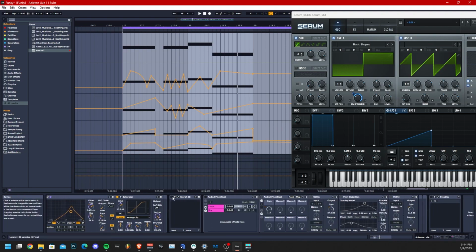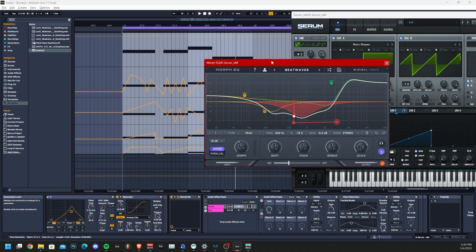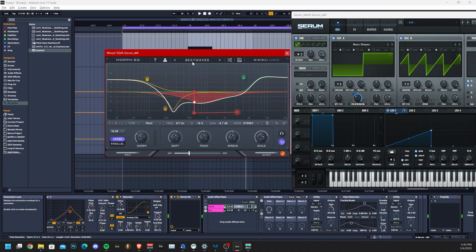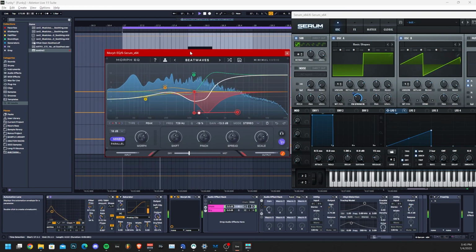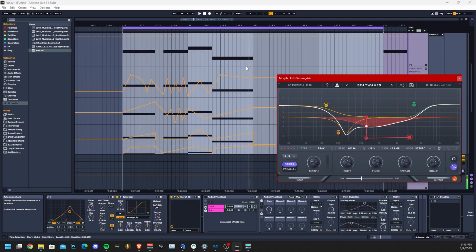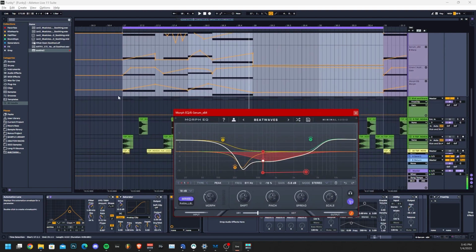Next up, I added this Morph EQ, which is not doing that much. It's just basically making the high end a little bit more interesting. So this is what it looks like. It's just one of the presets, beat waves. And if you look at the automation, which is the last one,